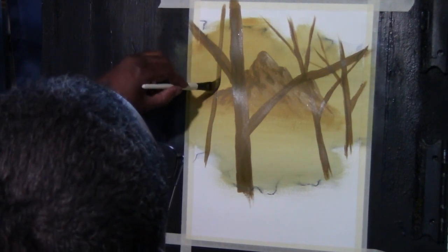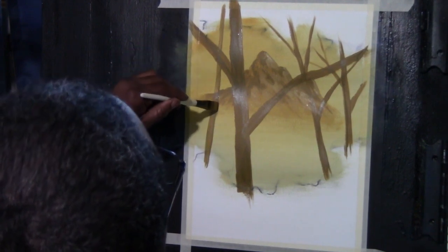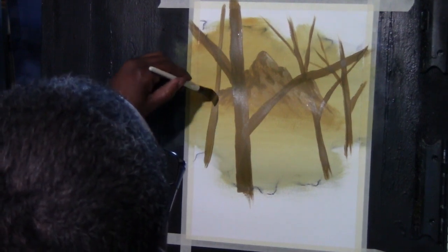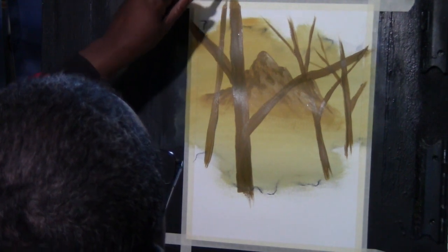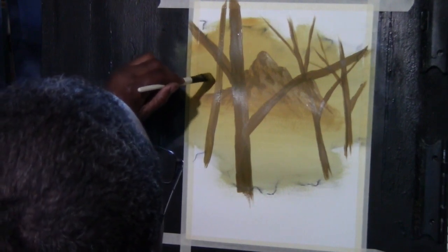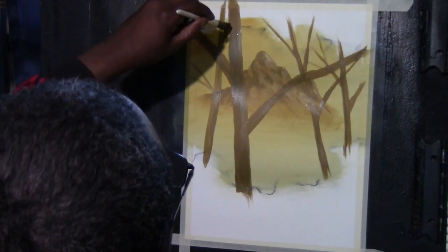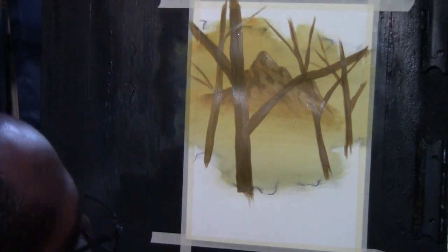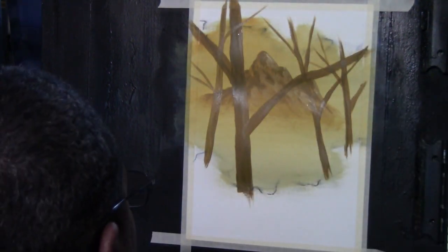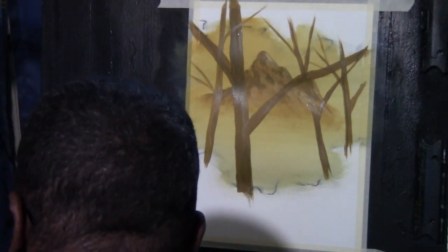Okay. Now my paper I didn't pre-wet. This is watercolor paper. And if I pre-wet it and let it dry, it wouldn't warp. And that's what this is, just doing a little warping, that's all. But that's okay. Like I said, this is a practice paper. And we'll have one shoot out this way, kind of angle that way. We'll have one come out that way. A lot of this won't matter because it's going to be covered with all sorts of shrubs and whatnot. All right, so don't worry about all of that. All right, now that we've completed some of that, okay,